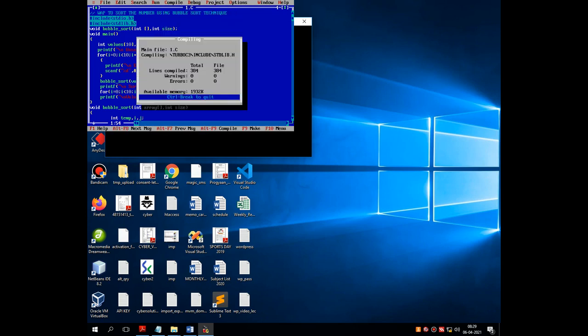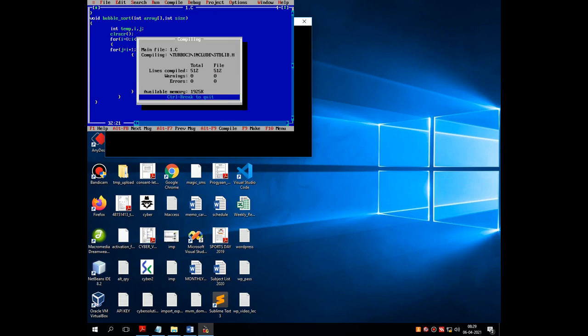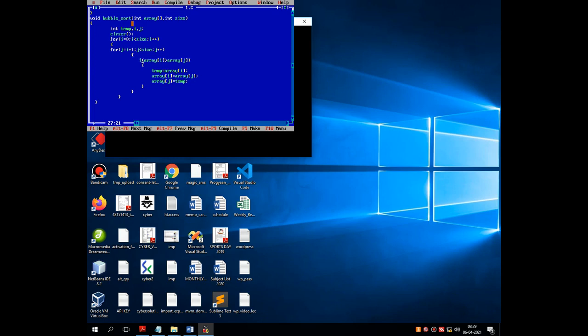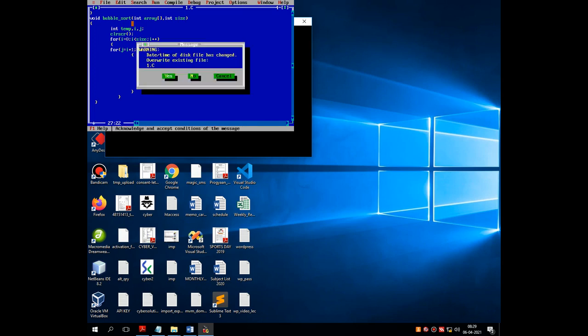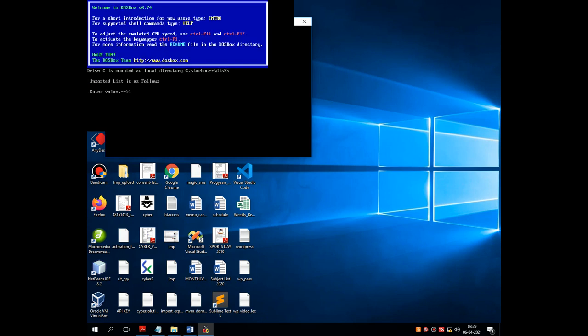To implement this program, some syntactical error is there, let me check it first. Fine. In a keyword of if there is a mistake, let me check once whether this code is working properly or not.